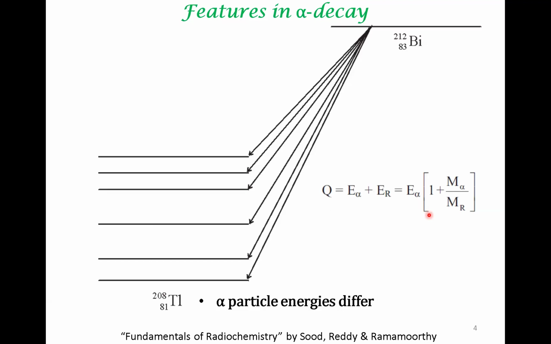What is it that you observe? The alpha particles that are emitted differ in energies. So why is that? First, you get different kinds of alpha particles. This suggests that the end product of alpha decay is different. Corresponding to all these levels, you get different energies for the alpha particle. When you get the highest energy alpha particle, that means the decay product is lowest in energy. And the lowest energy alpha particle corresponds to the highest energy decay product.